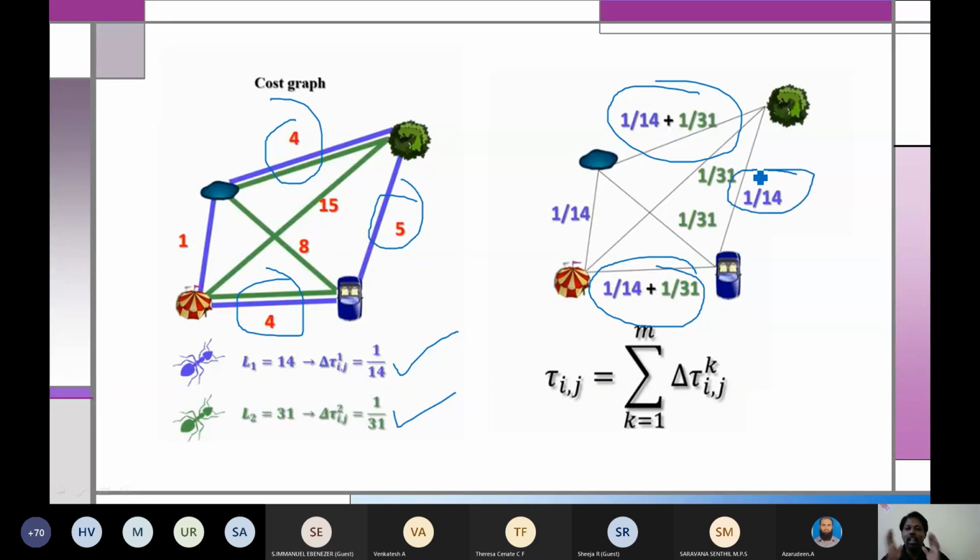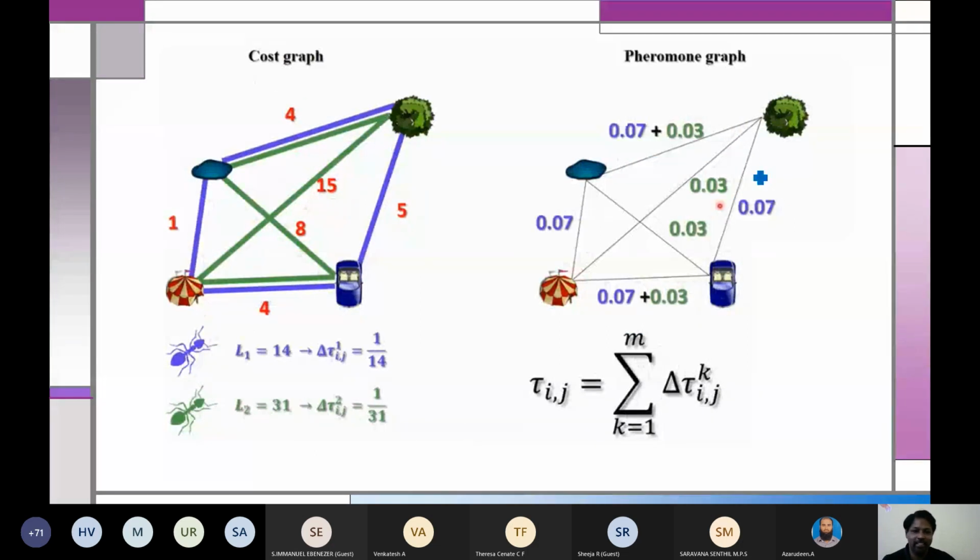So this is actually how we'll be calculating the pheromone content in each path. This is the mathematical expression. When you put this into MATLAB, it will automatically calculate and give the result. So this is the second step. The first one is to give the pheromone content. The second one is to add all those pheromone contents in the path. Now we'll get an answer like this.